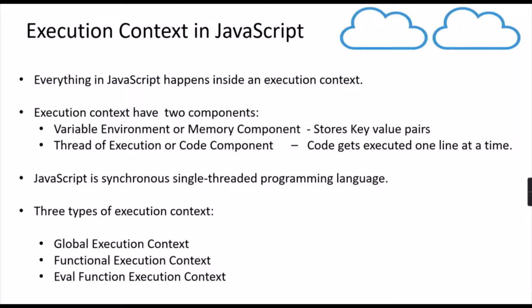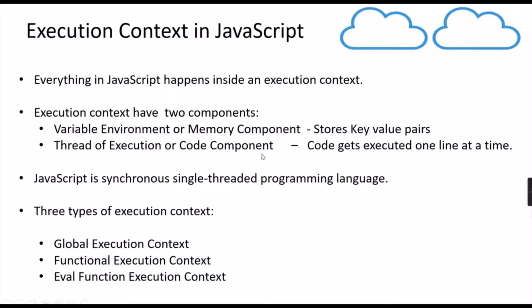When you write a JavaScript program, let's say you have written a piece of code and then you are executing that piece of code in JavaScript. The first thing a browser does is create an execution context for your code. Now that execution context has two components. We have a memory component and we have a code component. The memory component stores key value pairs. What key value pairs? It will be storing variables and their values, then maybe functions and their values, right? This kind of thing.